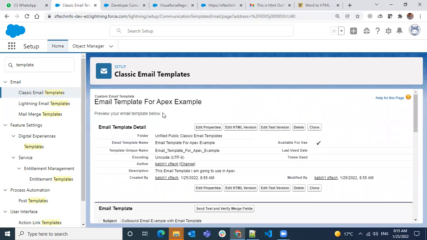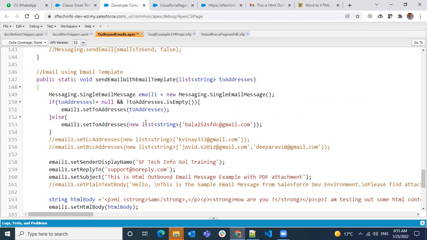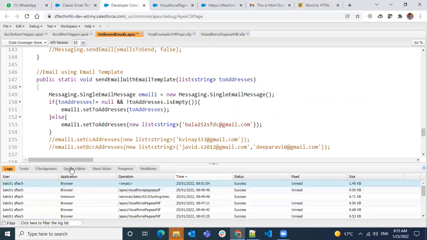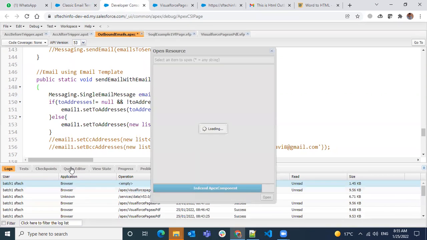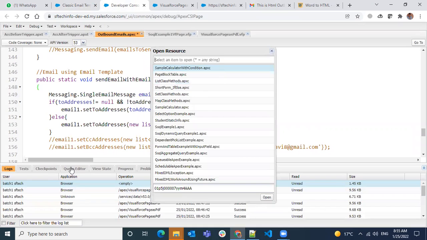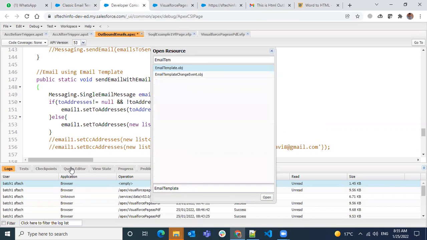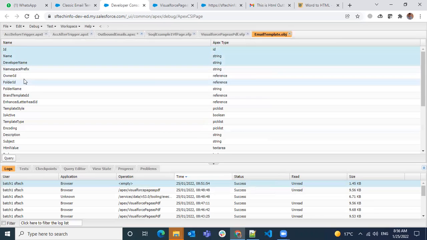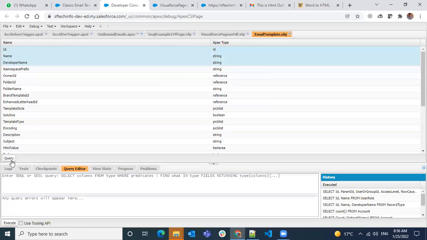Now there are two ways. I need this email template ID to be used for sending out an email. So how can I send? The first thing is I need to query the ID of that email template. How can I query? I'm going to use the email template object,